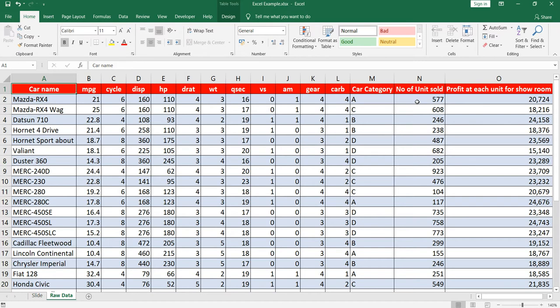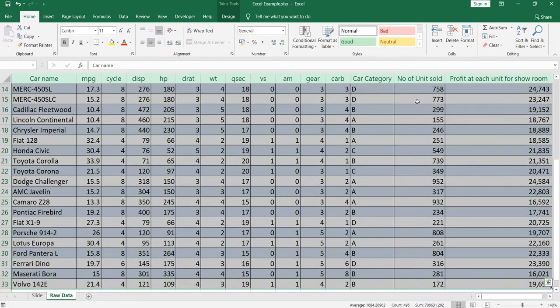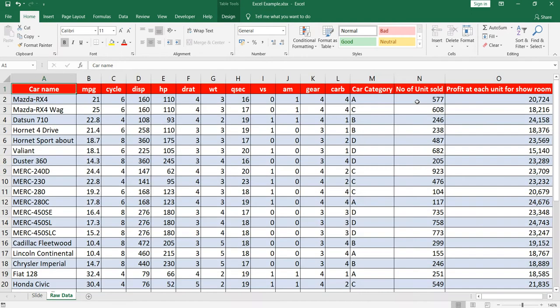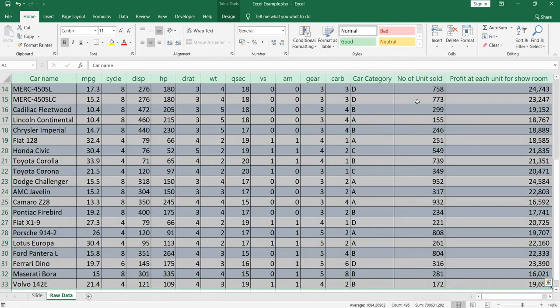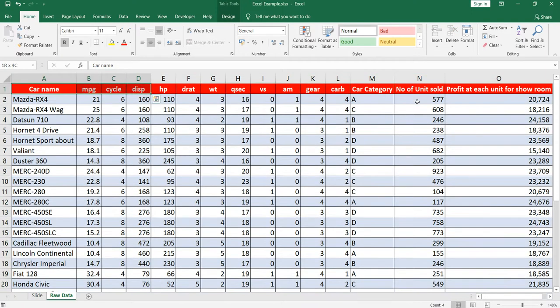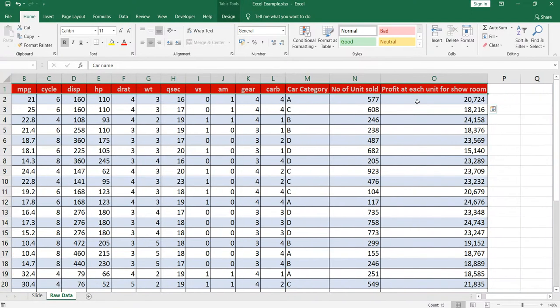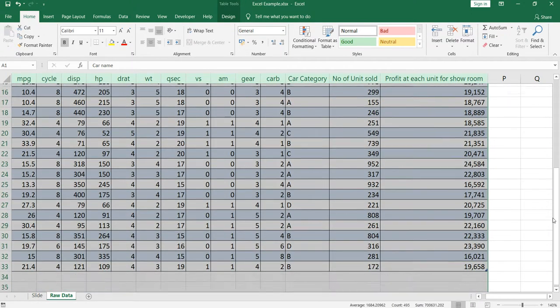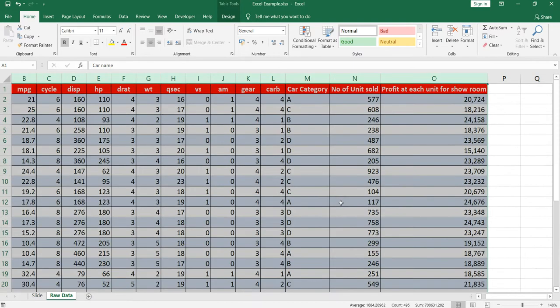If my data is going to increase in future and I will have some data in row number 34, then I won't take this particular range. If I know that my data range will be increasing, then I'll take the entire columns from column A to column O, and then I'll select the entire range down to this 10 lakh row. Even though it's blank, I'll select it.